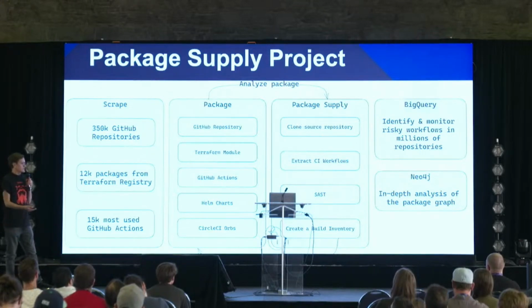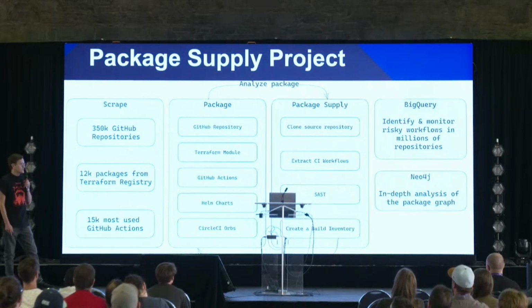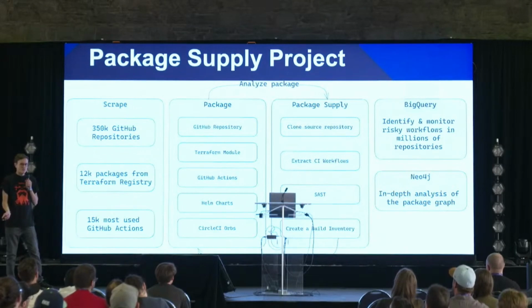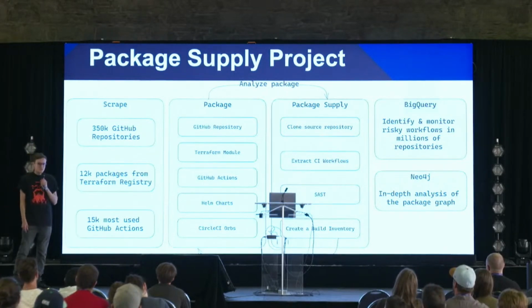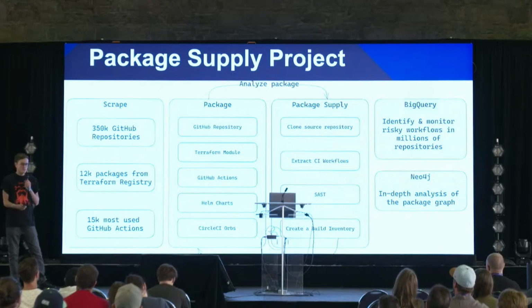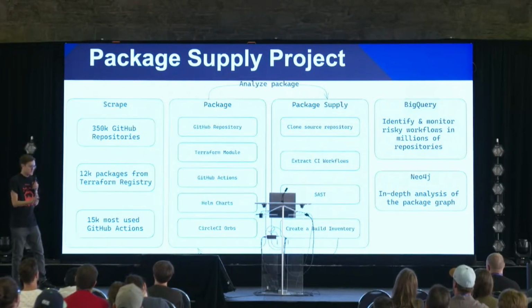The process of analyzing each package is often the same. We try to clone the source repository if we can find it. Then we will parse any CI workflows that we find. We'll run some static analysis security tools to try to get some findings out of there. And then at the end of this process, we end up with a build inventory. So all the build components that we saw in this project, this allows us to recursively crawl the build package graph